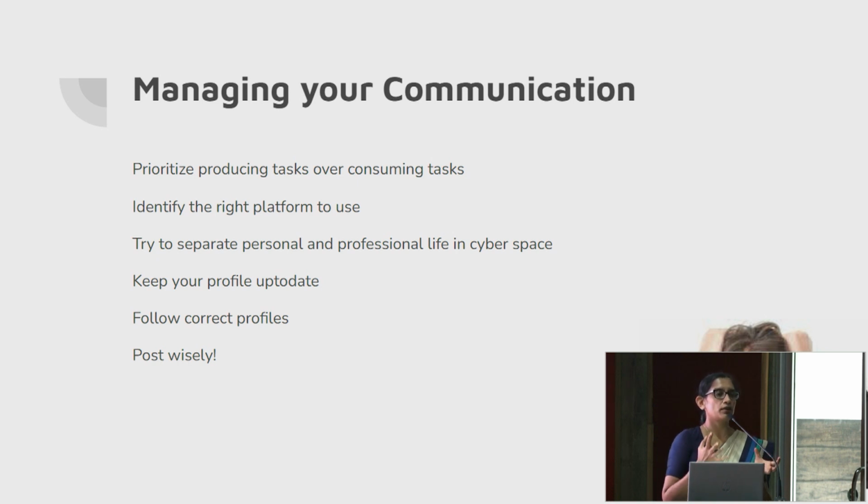So learn to prioritize. And then you have to identify the right platform for you. So I marked Twitter here because I have gained a lot from Twitter because in my field, the researchers live on Twitter. But it may not be the same for you. Maybe it is LinkedIn or maybe it is Facebook for you. So identify the correct platform. Talk to your seniors and supervisors and identify which digital platform is most beneficial to advance your career.